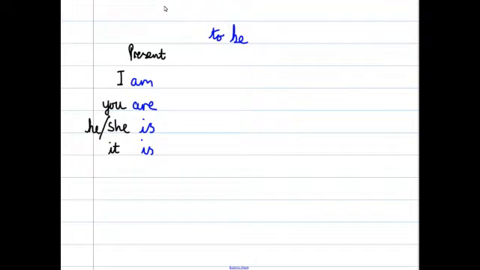Now you also have plural ones, so you might say we, and that version is are. We are happy. Or they are happy. So you can see we've got three different versions of that in the present tense: am, are, is, are. In the past tense,